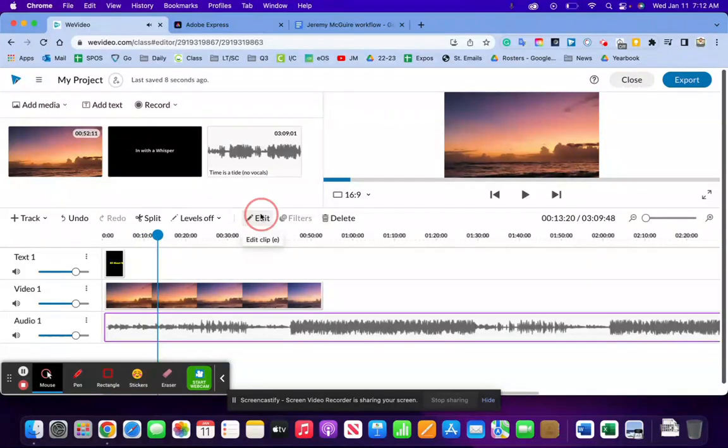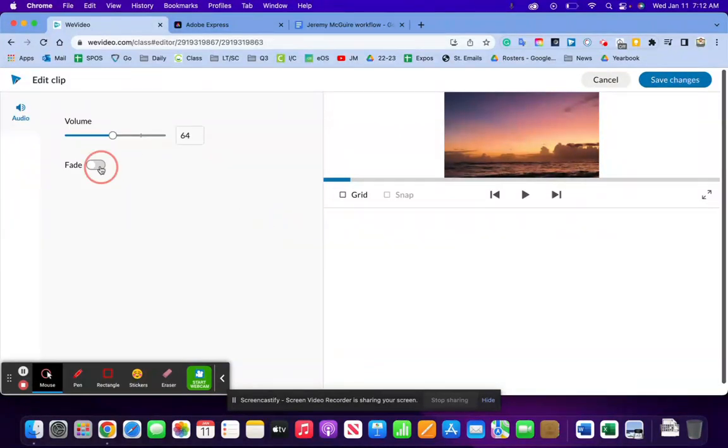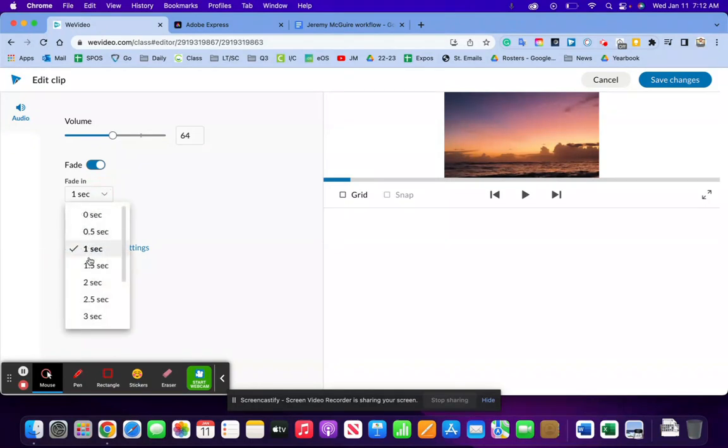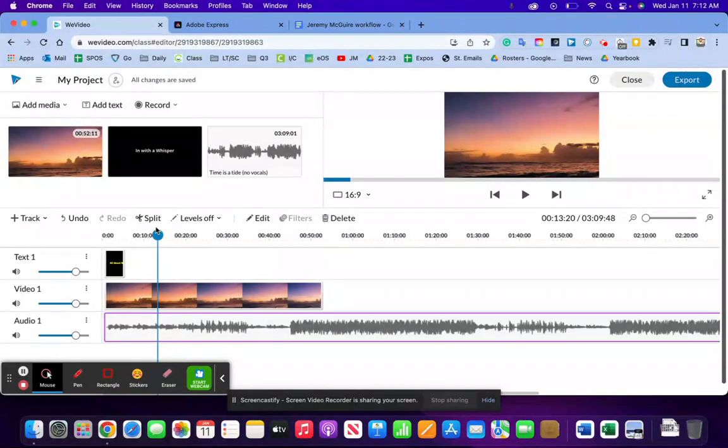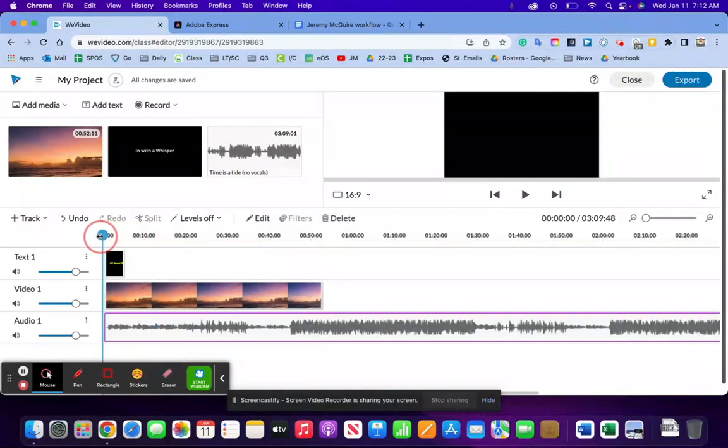Okay, I can go edit. I can fade in. If you want to do a fade in, let's do a 2-second fade in and a 2-second fade out. Save changes. Now the cool thing is you can split the clip. Like so, if you just want it to start right here,